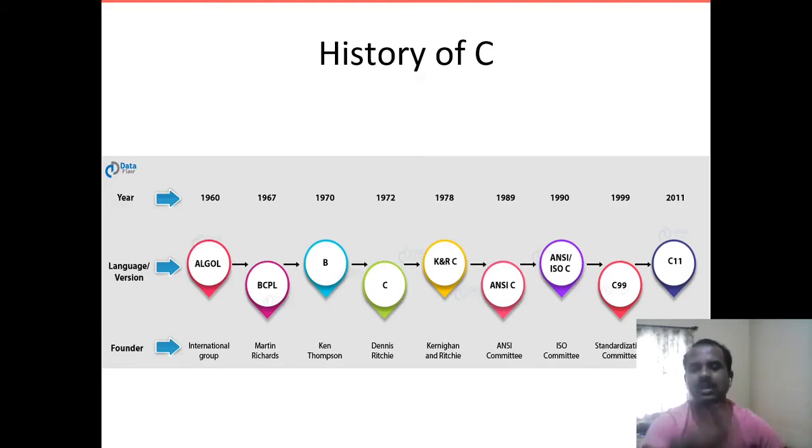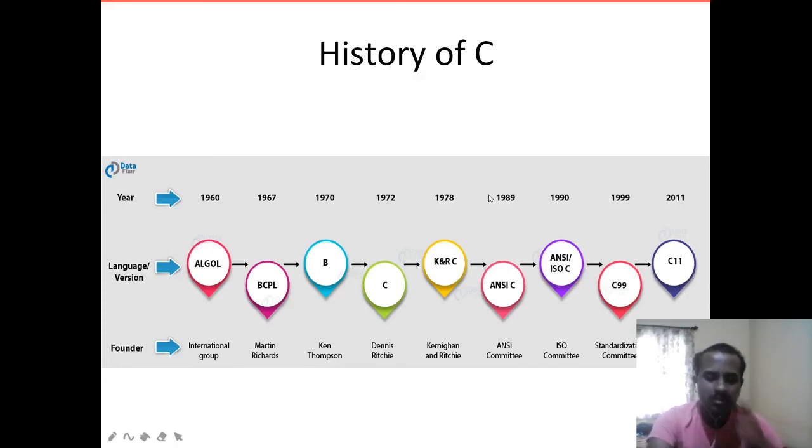So we took certain features from there and implemented them in ANSI C. So we got the new version, that is C99. It is done by the standardization committee. And again in 2011 we had another standardization, that is C11.